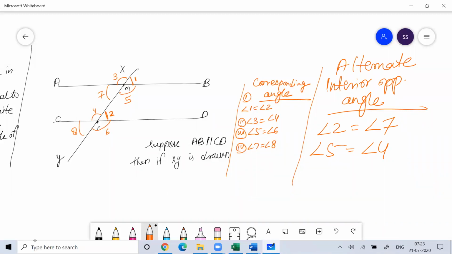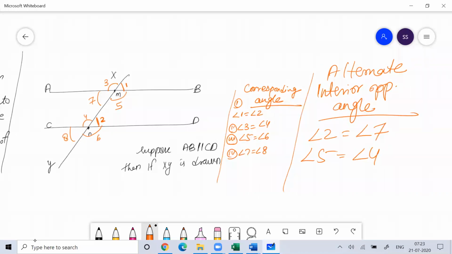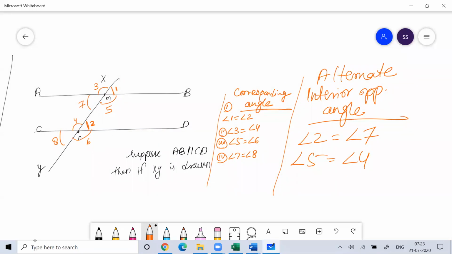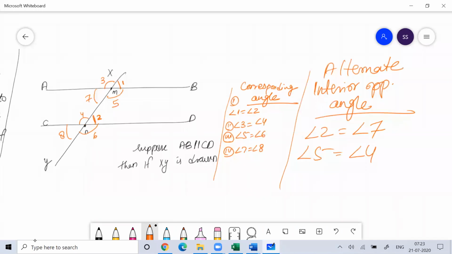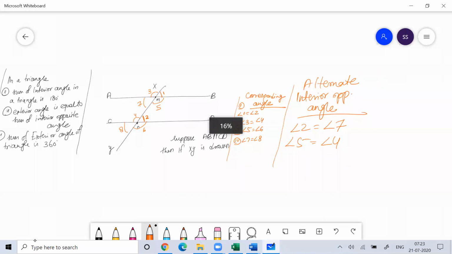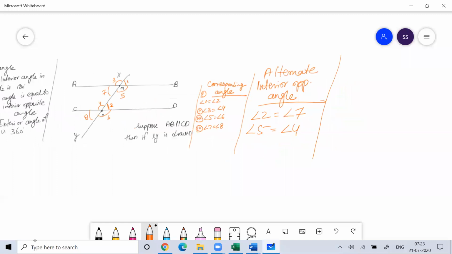It is the same logic I told you for the triangle; you have to remember this. And then angle 1 will be equal to angle 8. So this is called alternate interior opposite angles. Interior means the inside. Then you should know that there is something called